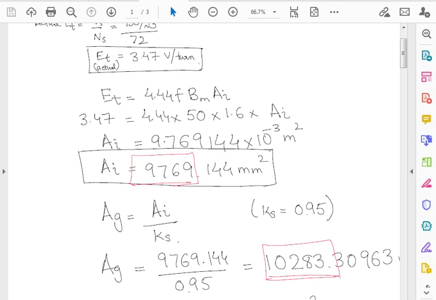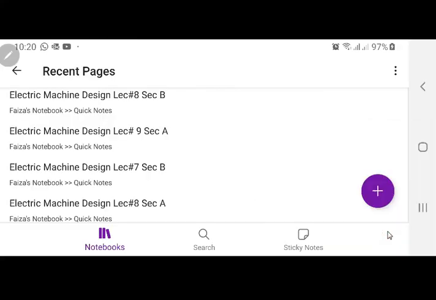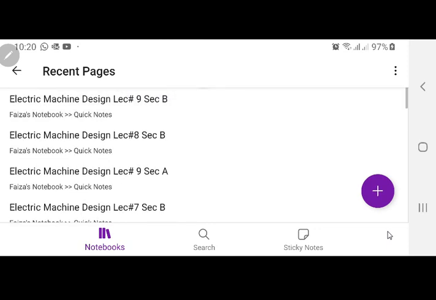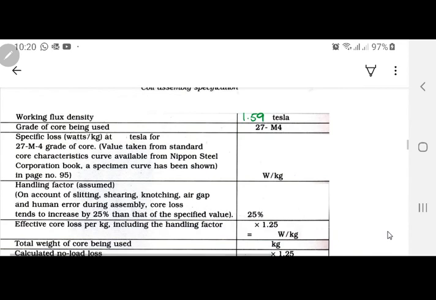Yes, this is the iron area over here. Anyway, I'm not going to calculate this one. Do it yourself. I will go with 1.59 something. Okay? I'm not going to calculate it. You can do it yourself. I will go back to whatever we were doing just now. This is actually lecture number 9 today. Okay, so I will calculate with 1.59.